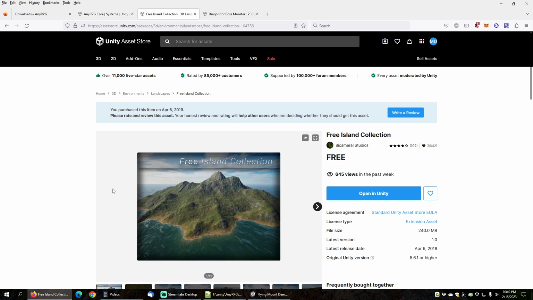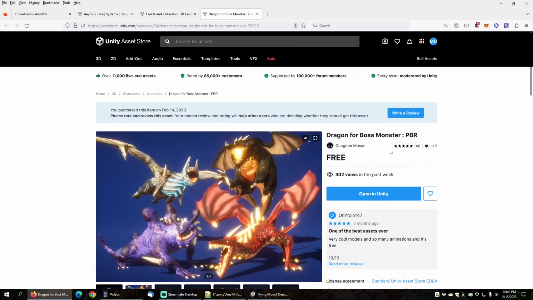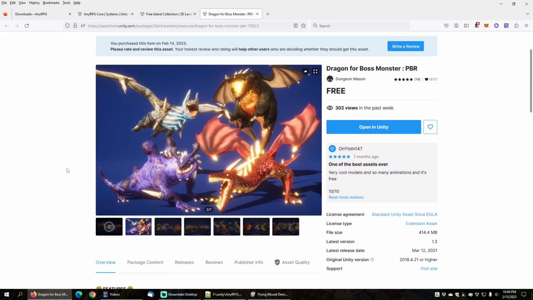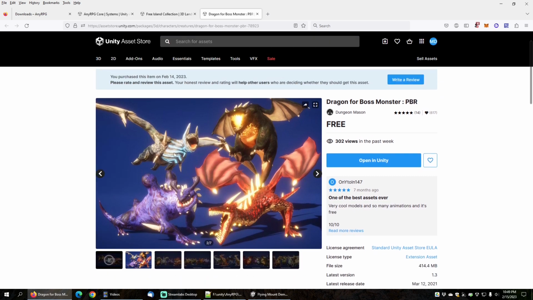nice terrain that we can use to run around on and fly over, as well as the Dragon for Boss Monster PBR by Dungeon Mason, which is another free asset and is an absolutely incredible asset in my opinion because it includes 4 different dragon varieties as well as 4 different colors for each of the dragon and a ton